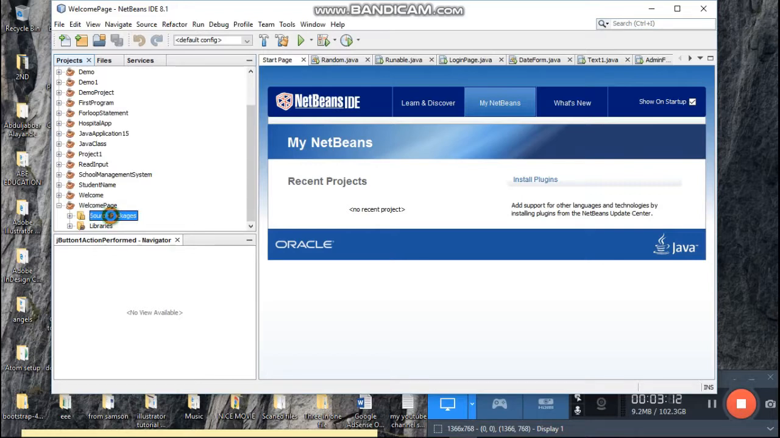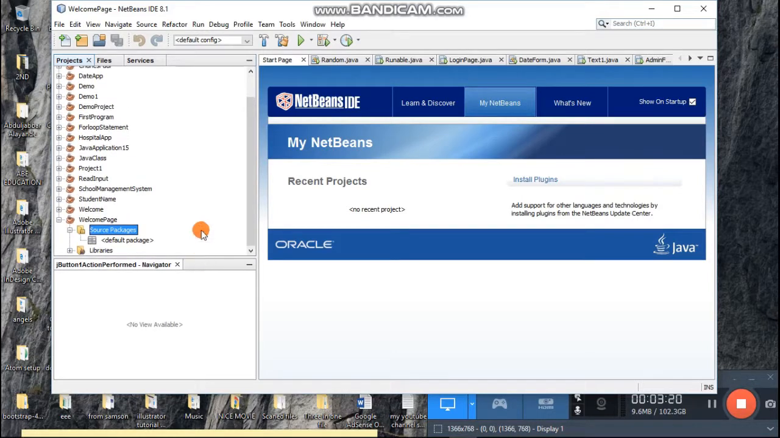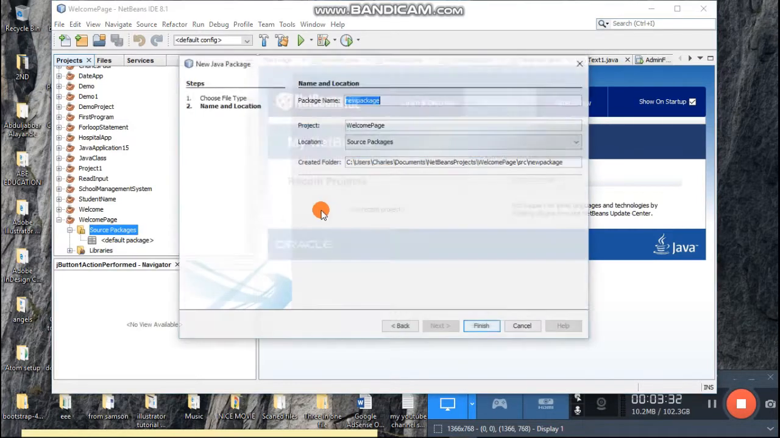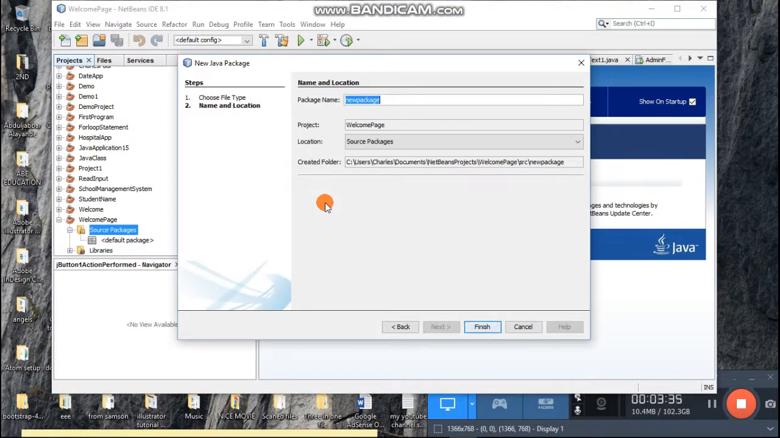When I double click on my source package, what you will be seeing here is what we call default package. Now we are advised not actually to be using the default package while programming. So on this source package, I will right click on it, go to new, then go to Java package. So I want to create my own package, and I will name my own package com